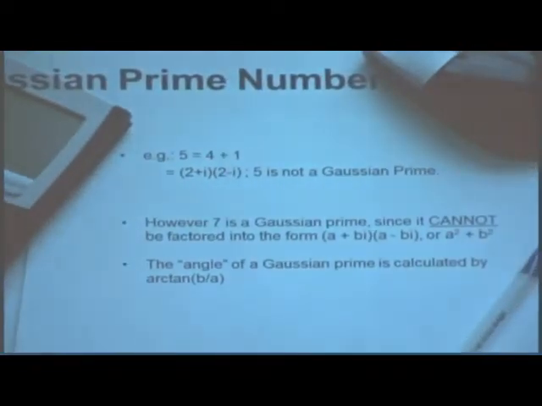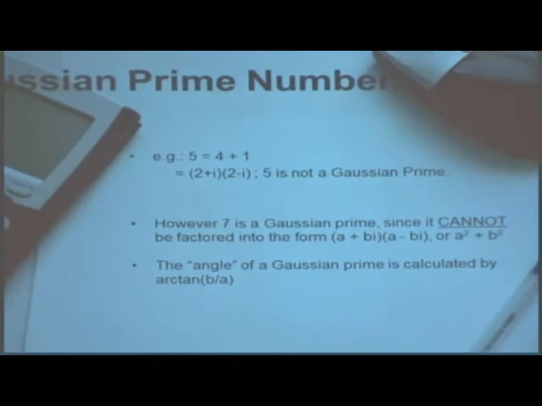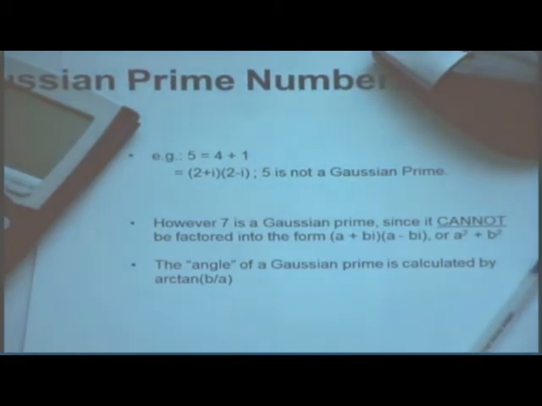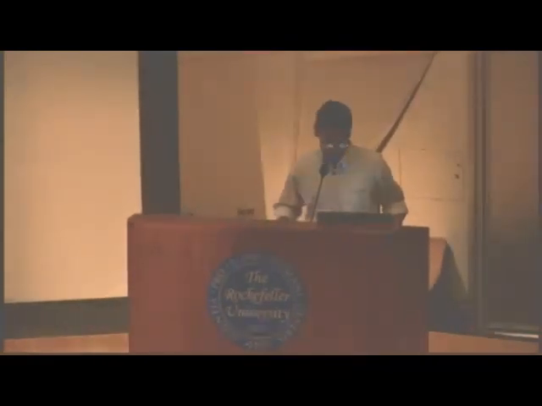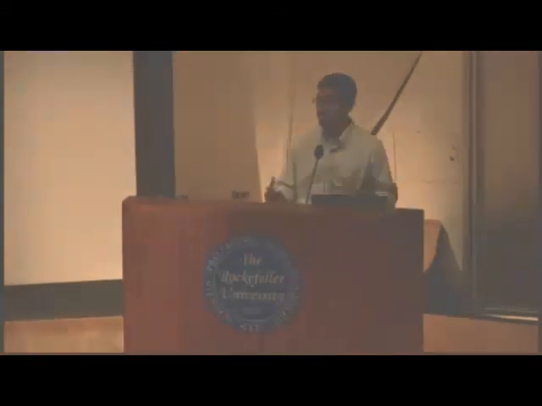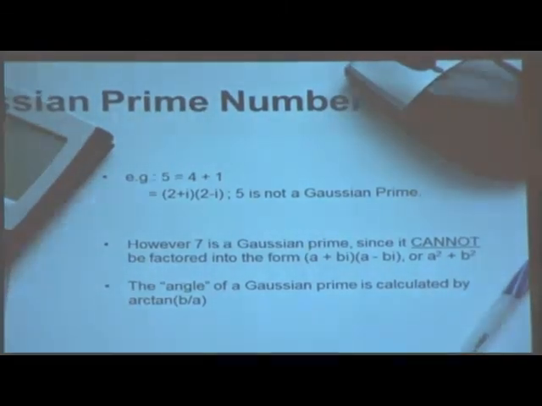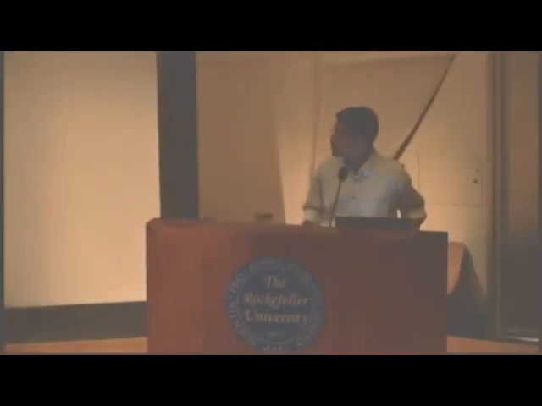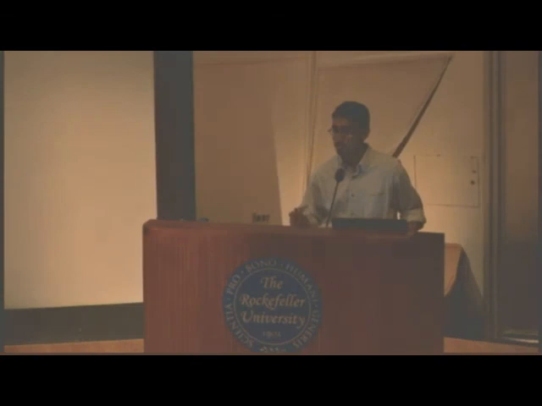For example, take the number 5, which is a rational prime. We can write it as 4 plus 1, which is 2 squared plus 1 squared. Because we can write it as the sum of 2 squares, we can further expand it into complex numbers. We can take 2 squared plus 1 squared and write it as 2 plus i times 2 minus i. So 5 isn't a Gaussian prime, but factoring it gives us the Gaussian primes 2 plus i and 2 minus i. But if we take the number 7, which is also a rational prime, we can't write it as the sum of 2 squares, so we say that 7 is